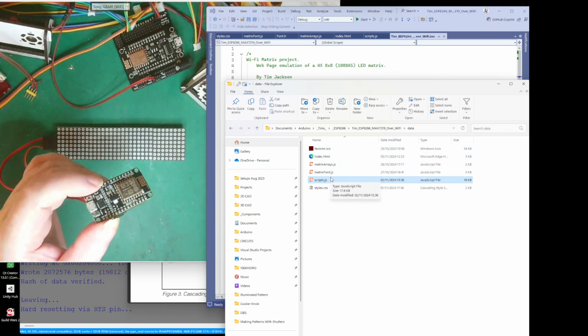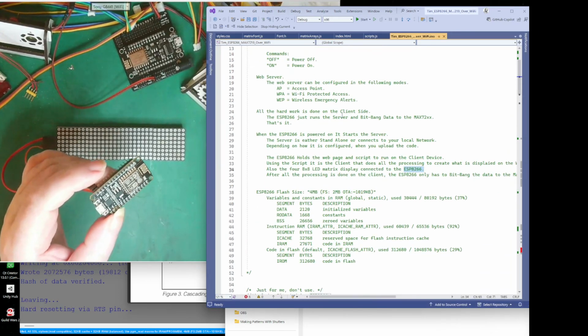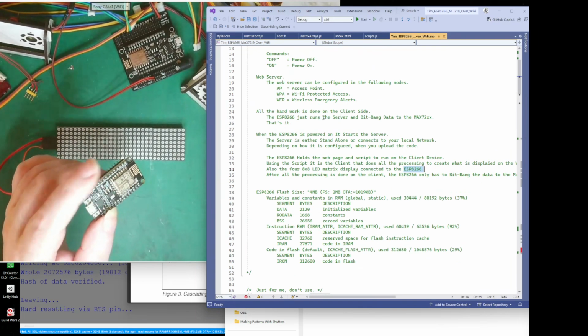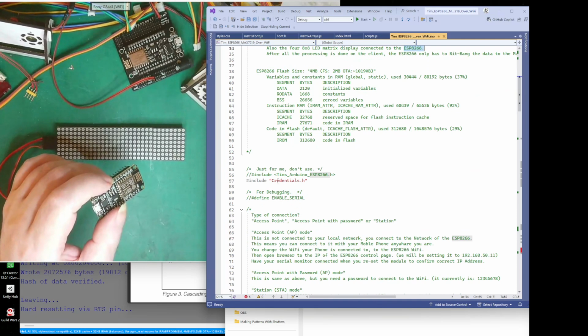So let's have a look at some of the code. So I've got it here. On the ESP8266, I've set it up so you can have it in 3 modes. The best mode to have it is, or forget this. What you need to do is